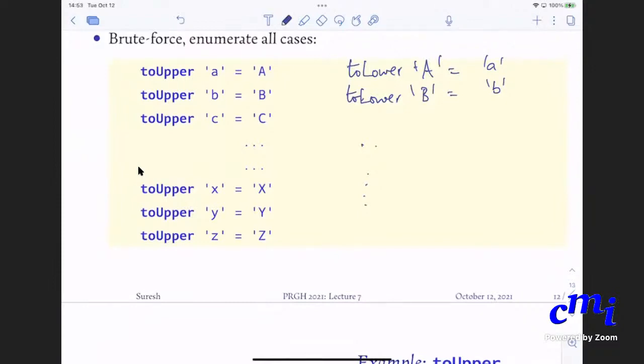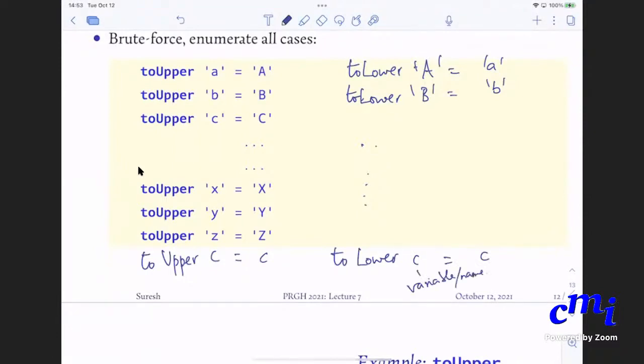Okay. So one final thing I need to say is, what about toUpper of any other character that is not mentioned in this? It doesn't change. I have written C without quotes. C within quotes means the character C. C without quotes means it's just a variable standing for any character. So what should I return for any other character which is not a lowercase letter? The same thing. So C. Similarly, toLower of C is C. And remember again, this is a variable, not a character.